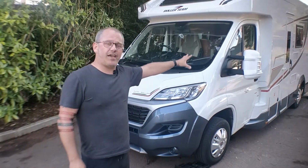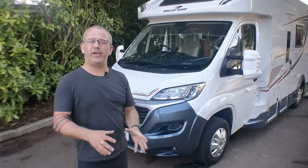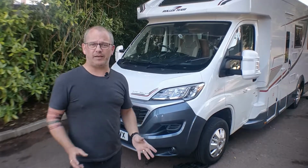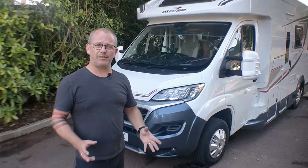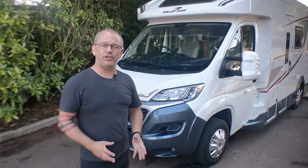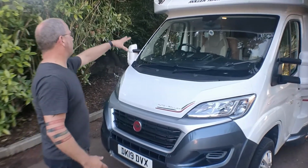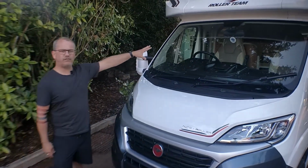We do ask, if it happens to you, just please pick up the bits of the mirror, bring them back to us. In general, it's not expensive to fix the mirrors, and it's in the paperwork about how we do it and how we charge for it. Okay? Also, at the front of the vehicle, you'll notice where the rear view